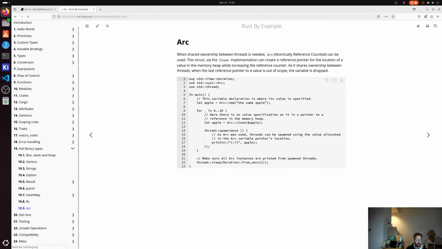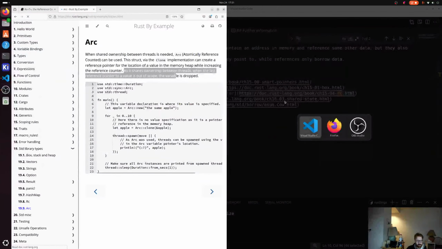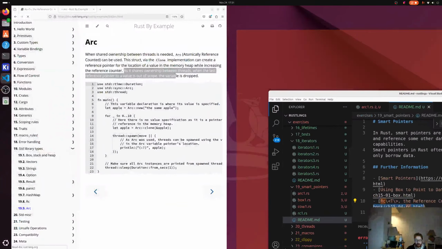Arc. When shared ownership between threads is needed, Arc, atomically reference counting, can be used. This structure via the clone implementation can create a reference pointer for the location of the value in memory heap while increasing the reference count. As it shares ownership between threads, when the last reference pointer to a value is out of scope, the value is dropped. Okay, so it looks like I just do